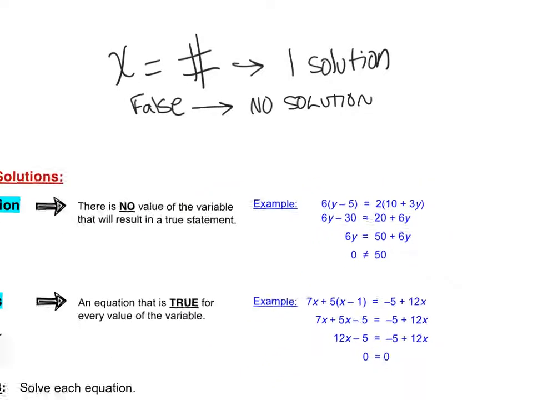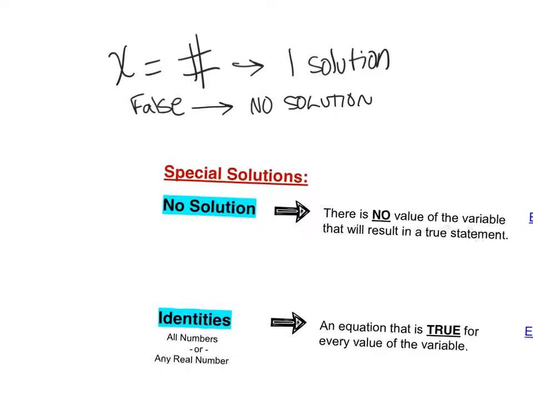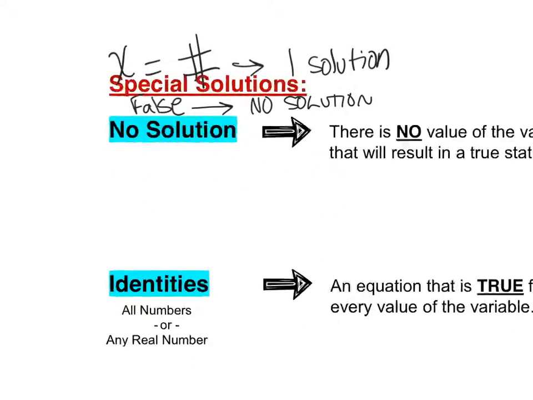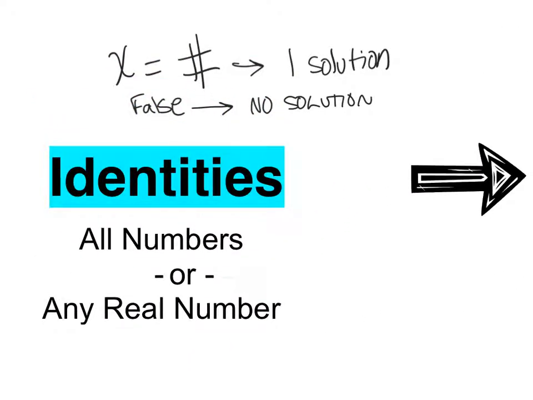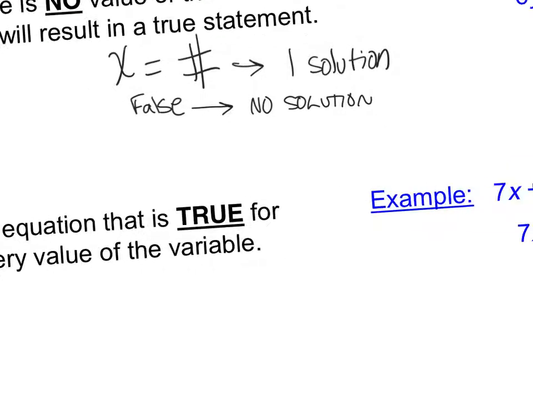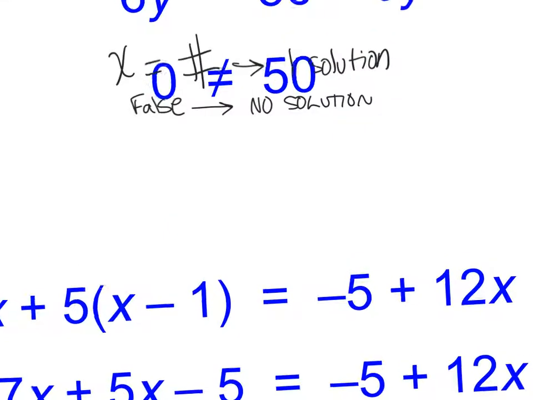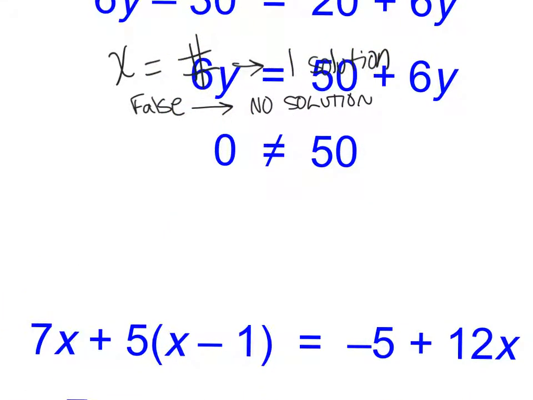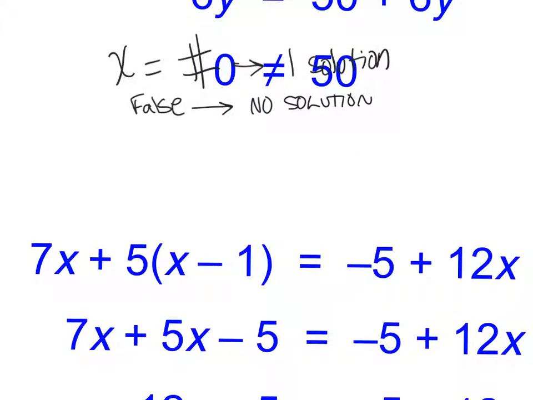The third type of solution is what we call an identity, or all real numbers, or any real number. Basically what this is saying is that any value of your variable would make the solution true, because the equation is pretty much the same on the left as it is on the right. For example, even though when you first look at this equation down here, they look different, when you distribute the 5,